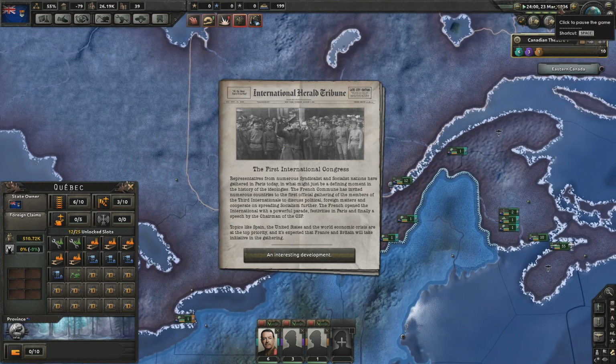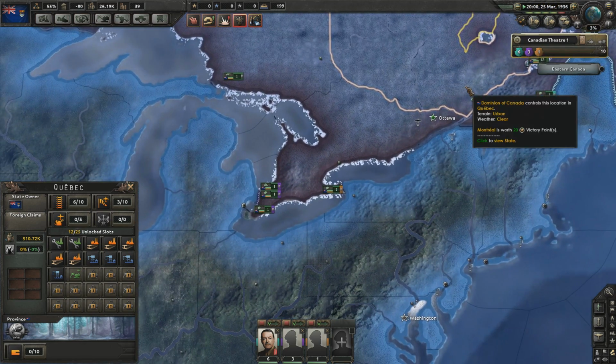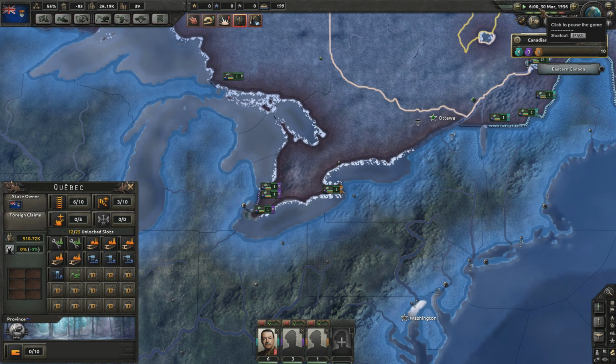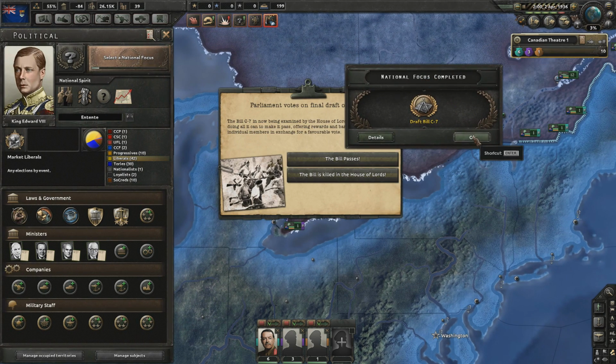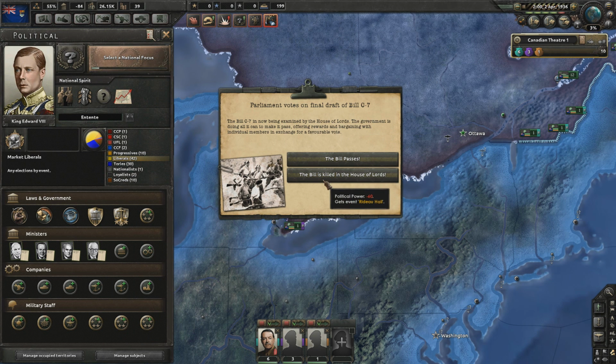That is not good, though. First International Congress. Okay. Pause. Okay, so we've done that. So we can pass the bill, or we can kill it in the house and we get the redo hall. I don't really want to do that, so...